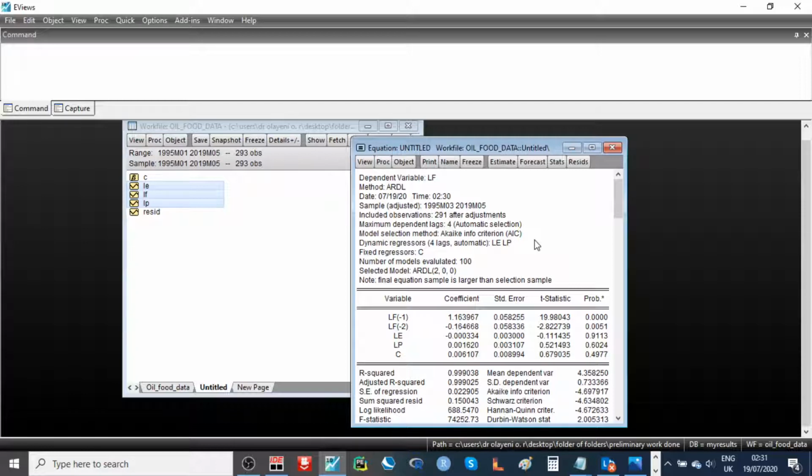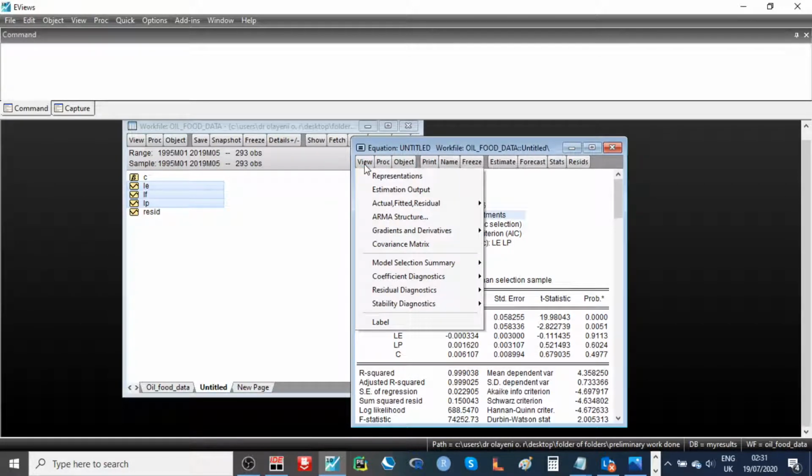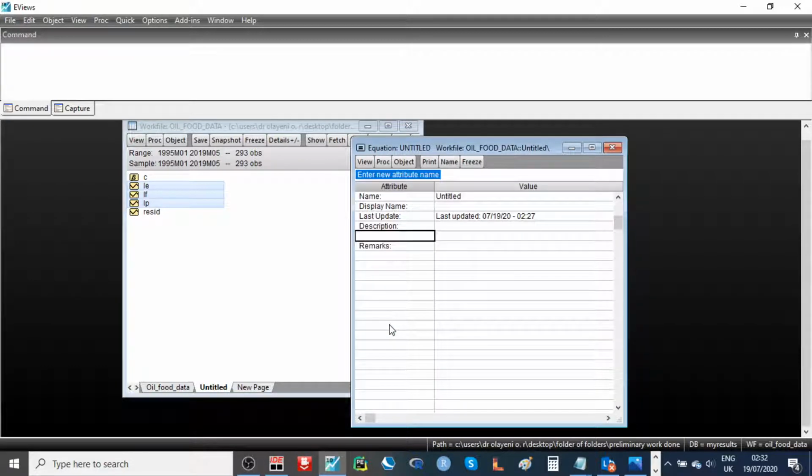In order to do this, we need to instruct EViews through the heading what to do. In order to execute this, we can go to View on this active equation table. We come here from View, we go to Label, and this is where we are going to instruct this. Click on Label, and then we have this view of the model. Here we simply type in the keyword, which is